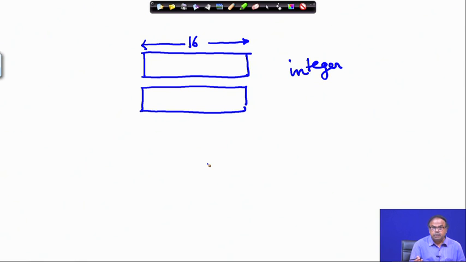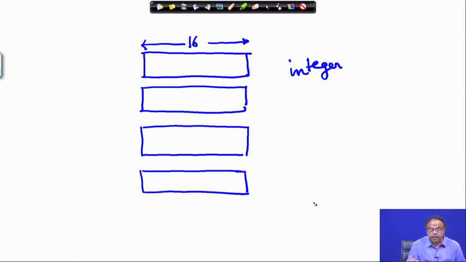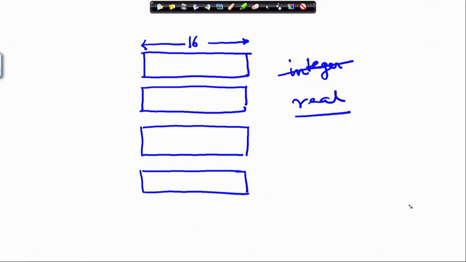Whereas for a real number, this is a convention, 4 locations are used, so 64 bits: 16, 16, 16, 16. So depending on how I define the type of the variable, when I say A, B, C, I also say what type of variable it is. Is it an integer, is it a real?